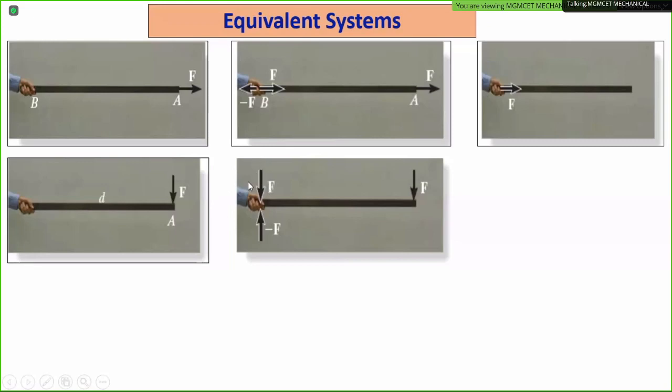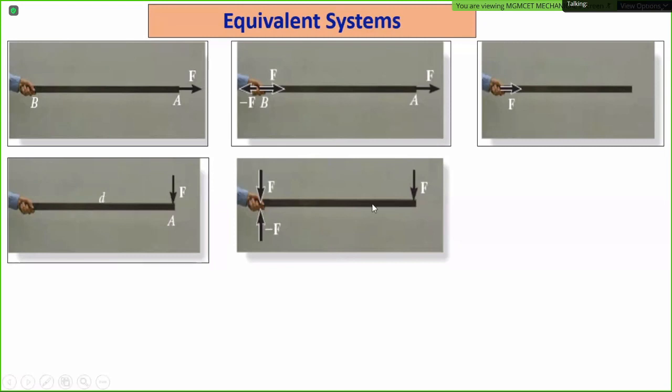जितना F magnitude है, same magnitude के दो forces मैं यहाँ पे apply करता हूँ, लेकिन opposite direction में, एक नीचे है और एक opposite है. तो दोनों का क्या होगा? Effect 0 होगा. This F is acting in a downward direction, this acting in the upward direction. Net effect of these two forces will be 0. But now concentrate on these two forces.